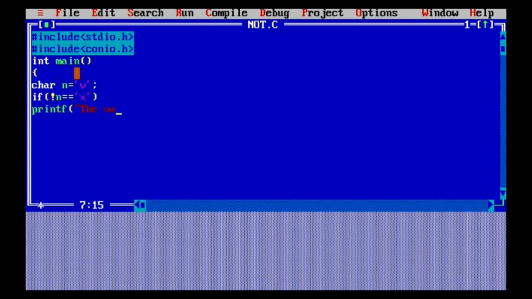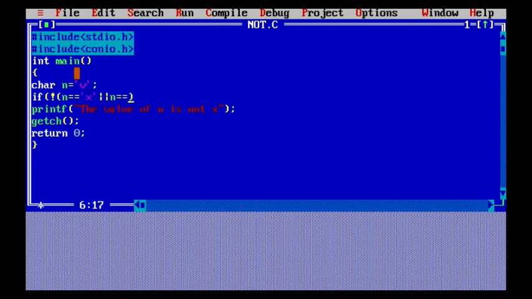So here, as you can see, I have given a character, that is x. Then I am going to check whether n is equal to x. I am going to check it with the smaller x and also with the bigger X. So if I want to check both, the lowercase x and the uppercase X in the character, I can use an OR statement here. It will check whether the character n is equal to the lowercase letter x, or it is equal to the uppercase letter X, so that then only the value will be printed.